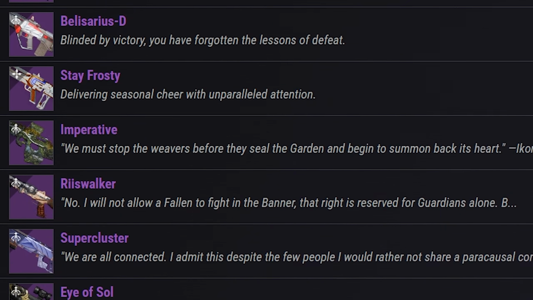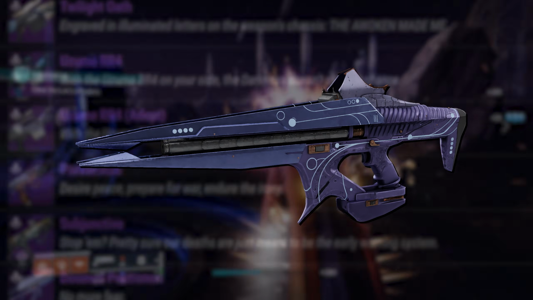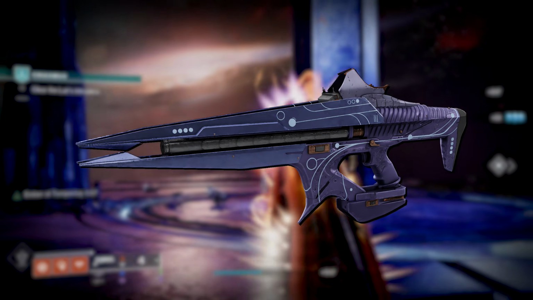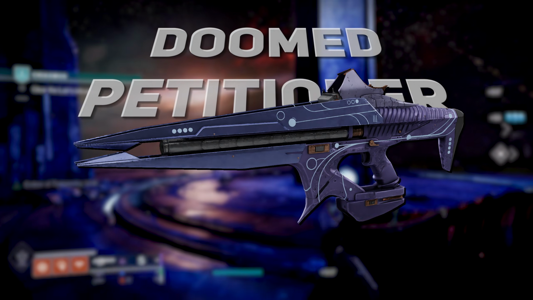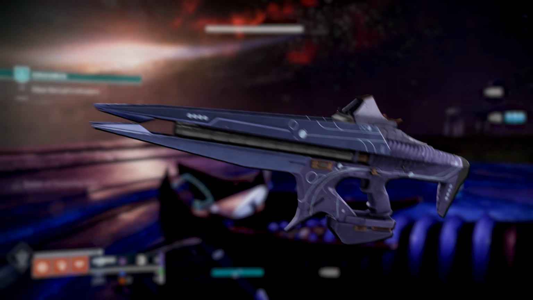Guys, we are going down the list covering all these seasonal weapons. This one is one you have all asked us to look over since week 1. That being this linear fusion rifle, Doomed Petitioner. Now, it's an aggressive frame linear fusion, which means it's one of the few that actually shoots in a 3-round